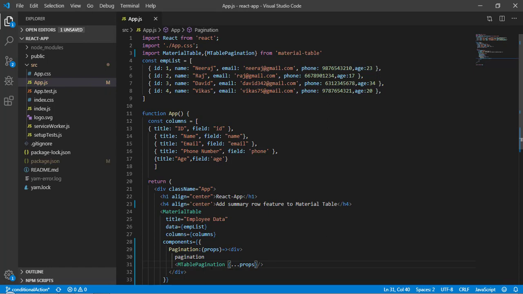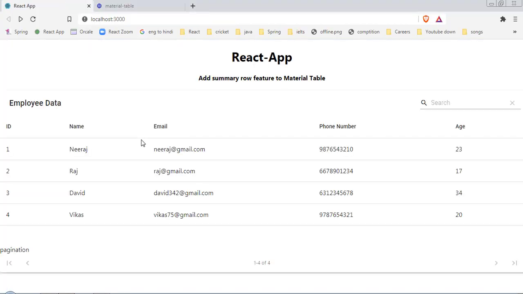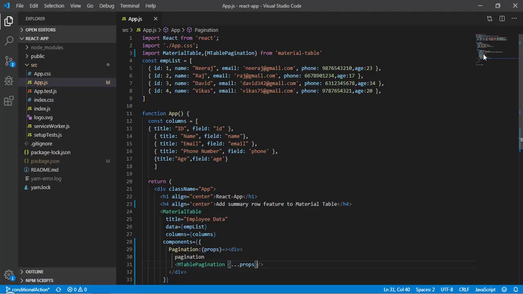Now save it and let's come back here. You can see here we got this pagination but completely different from what we used to see before.